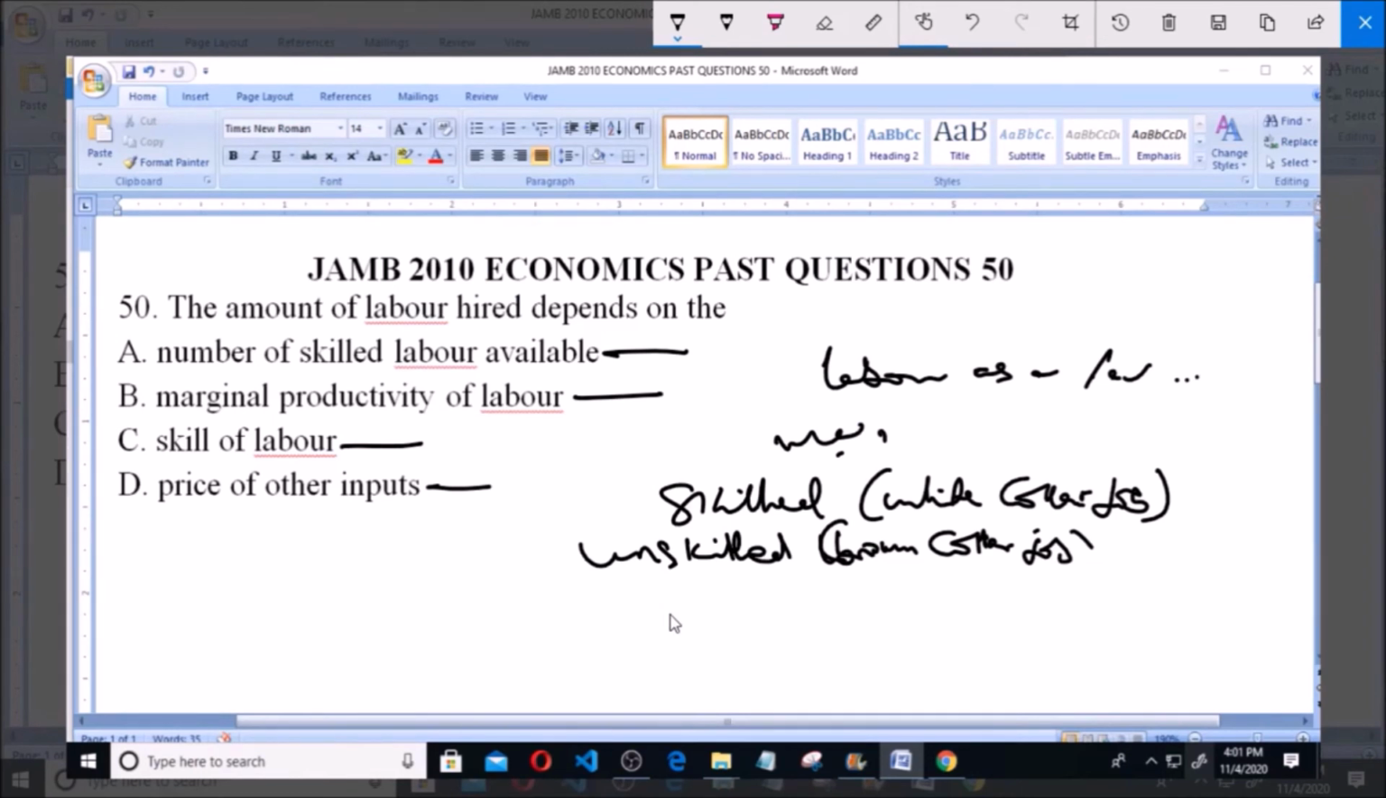So based on this, the question says the amount of labor hired depends on the number of skilled labor available, marginal productivity of labor, skill of labor, price of other inputs. So the amount of labor hired depends on the skill of labor. So option C